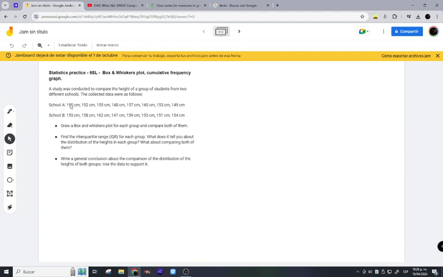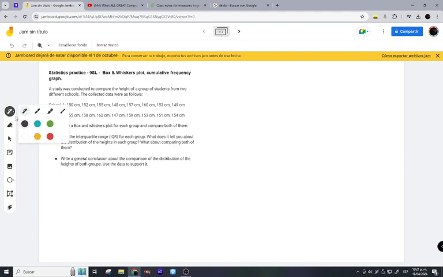For school A, we had these 8 values, and for school B we have these 8 values as well. We are asked to draw a box and whiskers plot for each group to compare them. Find the interquartile range for each group and draw conclusions about it, and write a general conclusion about the comparison of the distributions. So let's start